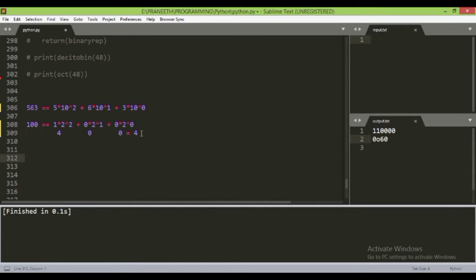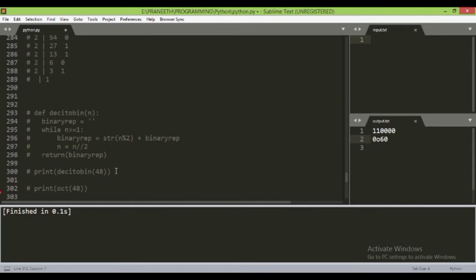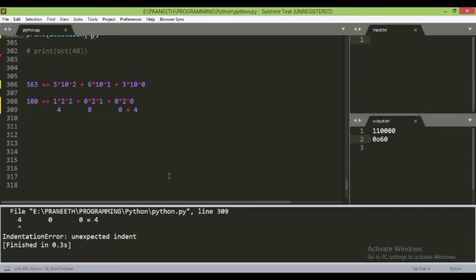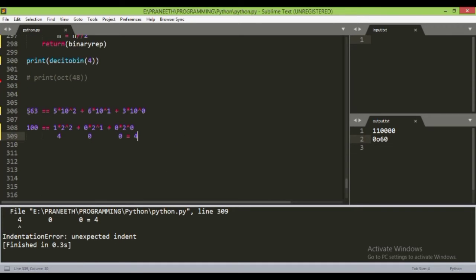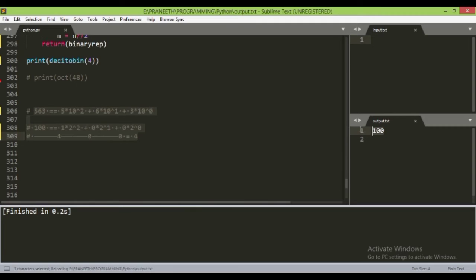So if we obtain the binary representation of 4, we would get, let's uncomment this and run that for the value 4. So these are giving errors. Let's comment this out. So now here you can see the binary representation of 4 is 100. Similarly, we took here the number 100 and converted it into the 4 using decimal. So this is basically the theory or the manual method to convert binary to decimal.